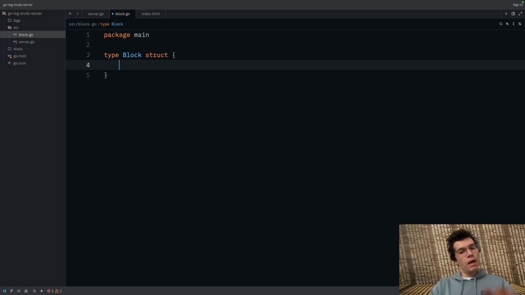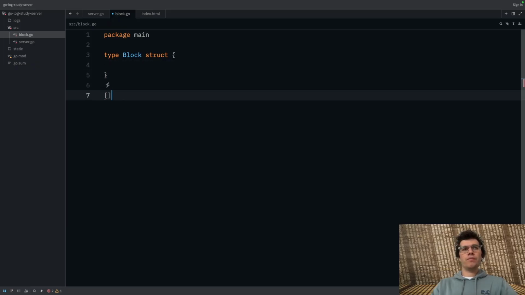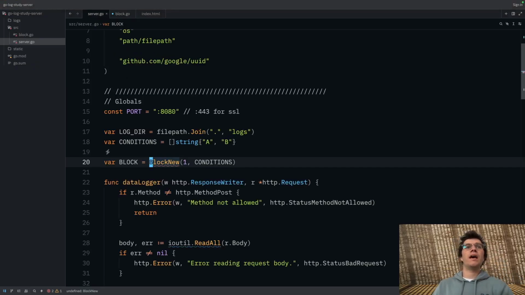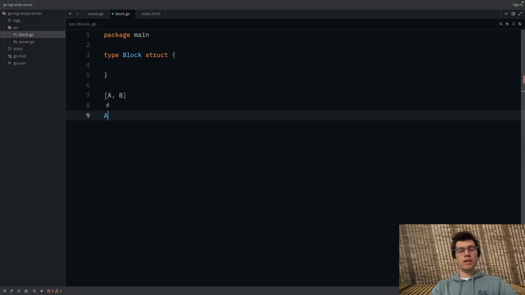And then we're going to do a type block, which is going to be for block randomization, if you recall. Basically, the way block randomization is going to work is instead of doing it randomly, we're going to have a block of conditions. In this case, we have it right here. This is our block of conditions, A and B. So in block randomization we're going to go from this one to this one, to this one, right? The first user will get condition A, the second user will get condition B, A, B, right?